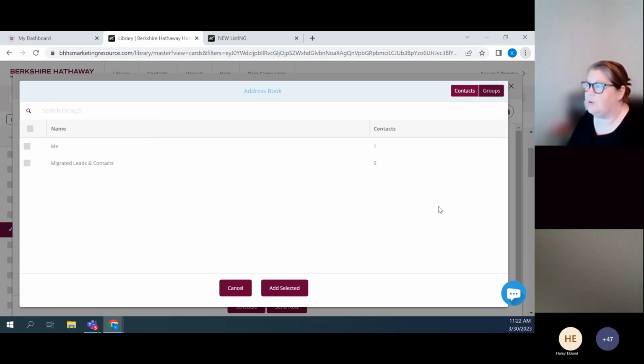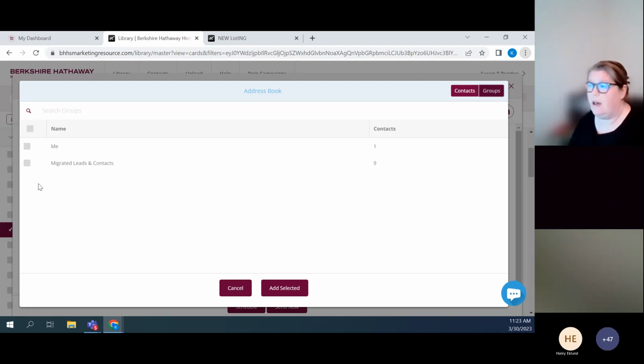And if I click on groups, it's going to give me the groups that are available in here. And again, these all talk to each other. So if you create groups in something else, it'll create groups up here as well. So if you had a group that was just for your past clients, your neighborhoods, or your A-list, or people who know you really well, your family and friends, whatever it happens to be, people can belong to as many